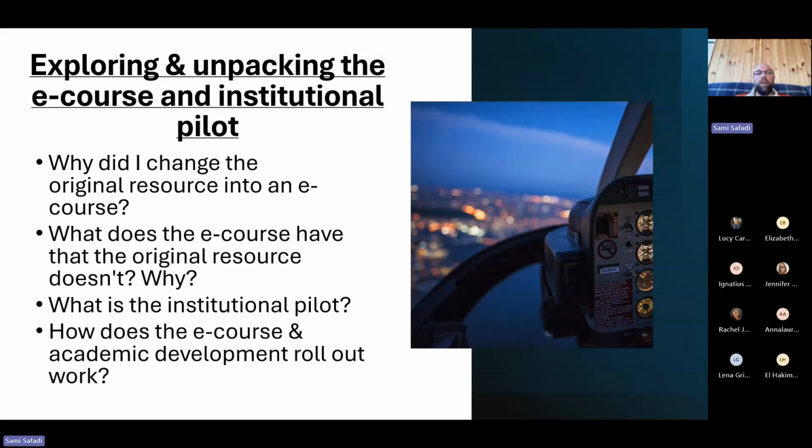So if you think about what the original resource was a couple of years ago, it was, as I said, a PDF with an accompanying activity sheet and a checklist at the end that colleagues would work through. The e-course now sits in Blackboard as a module or program would, and it's made up of 5 interactive workbooks that make up the entire course. And aside from that in and of itself being a lot better,